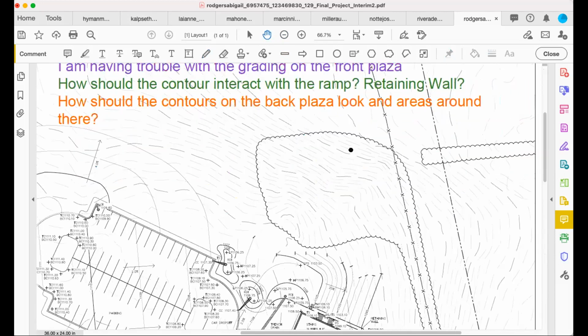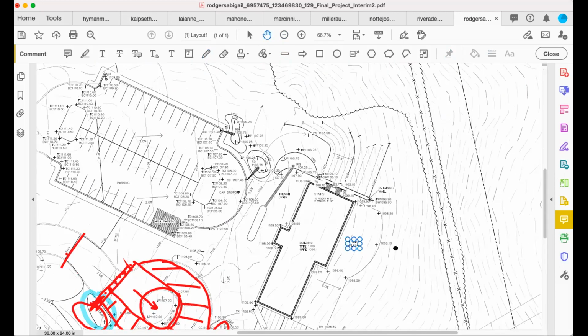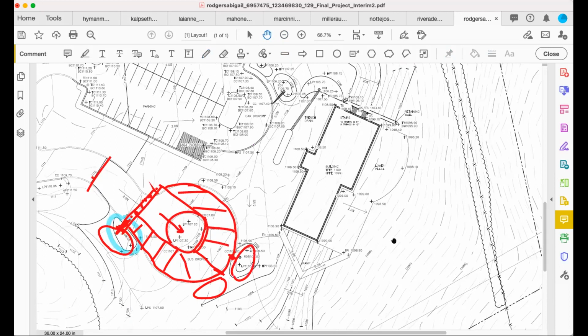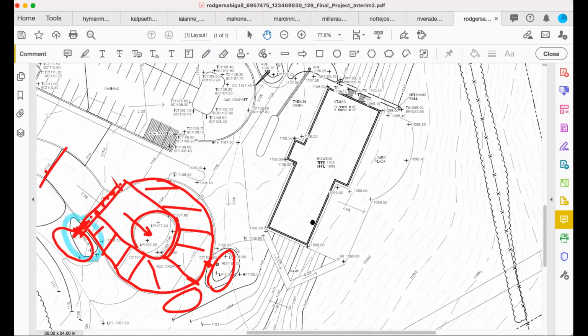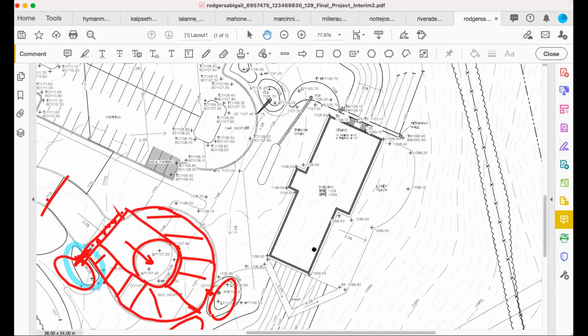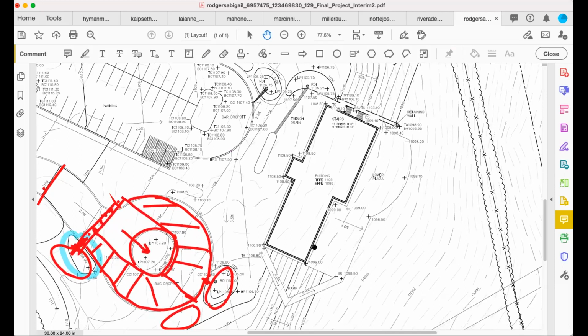Trouble with the grading on the front plaza. Let's take a look. So the first thing we need to look at is the contour. We have a 1108. The 1108 contour can do this and then can turn. We probably are about,